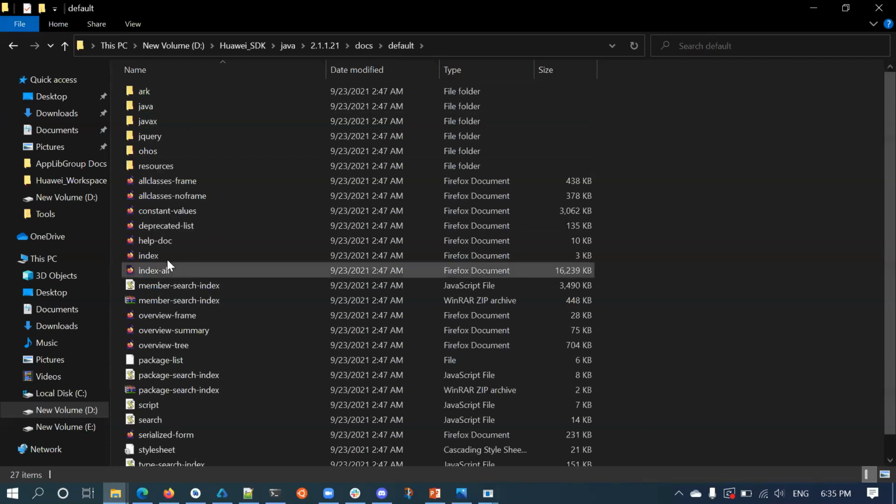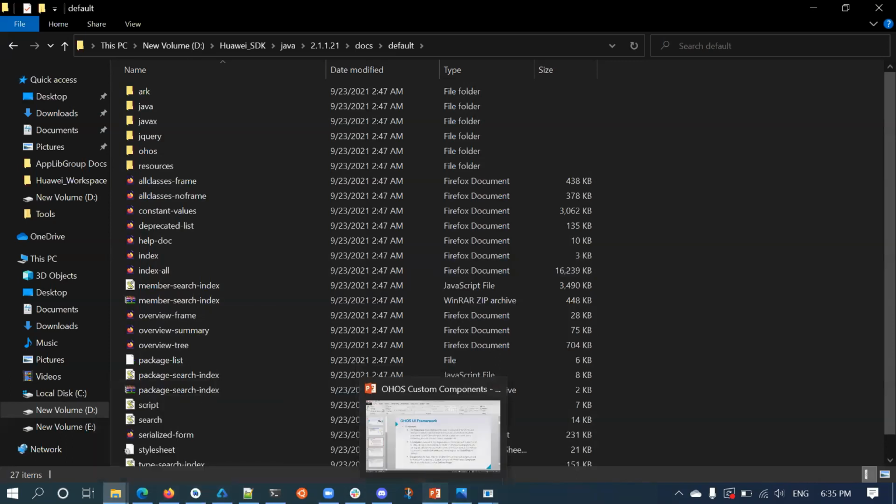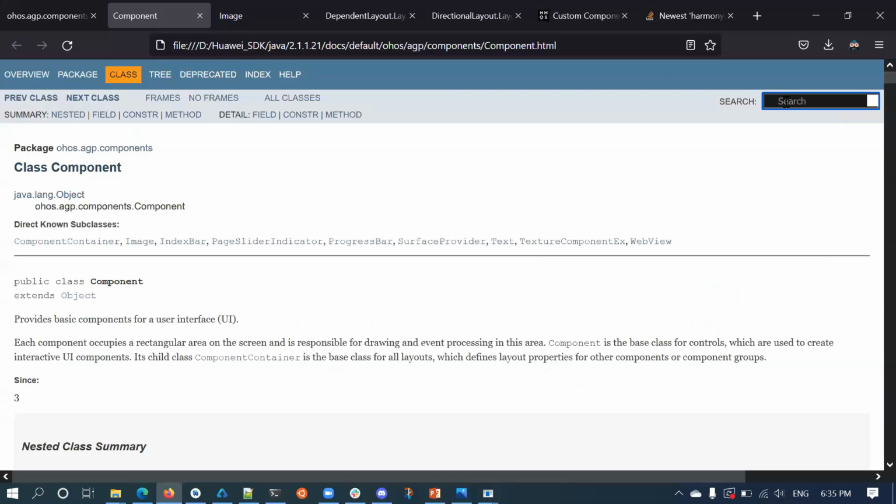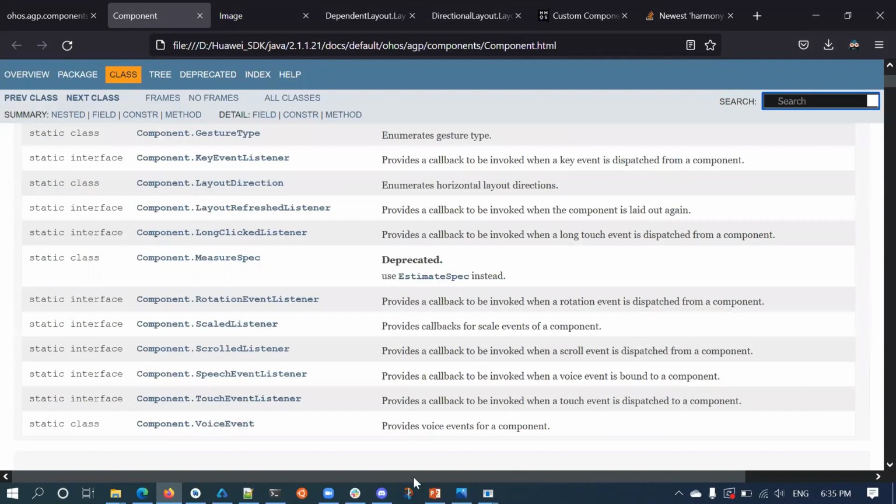Under the default section, you will have the index XML or overview XML. When you open this, you will be able to view the API documentation, and you will have the search bar. Whatever API you want to search, you can simply type in. It will list all the APIs, and you can navigate to that particular class and view the APIs.